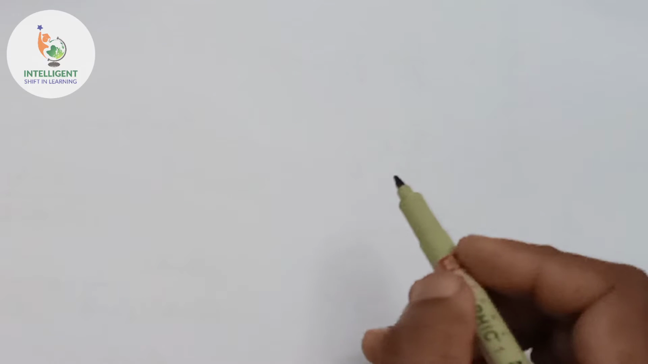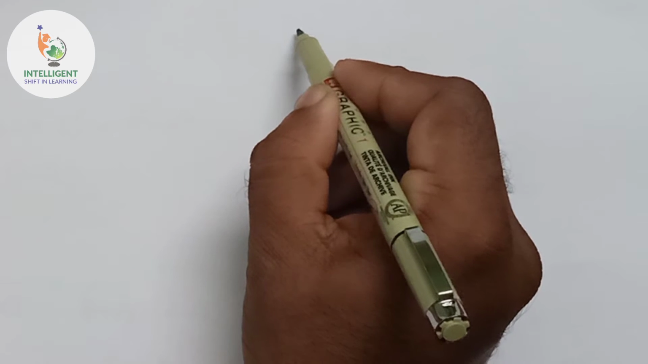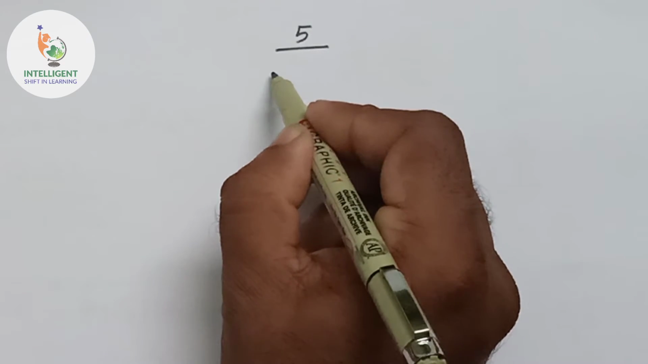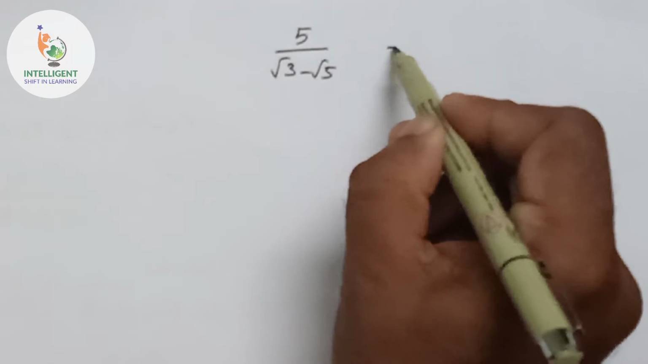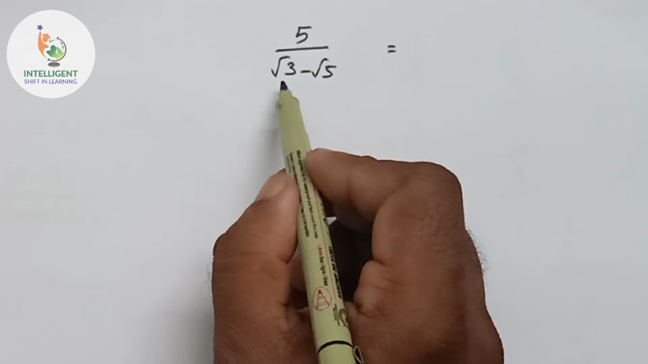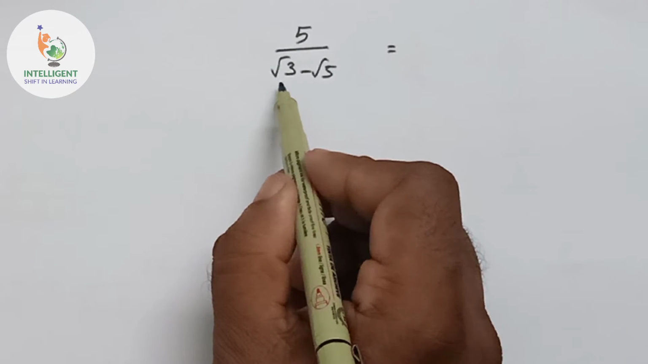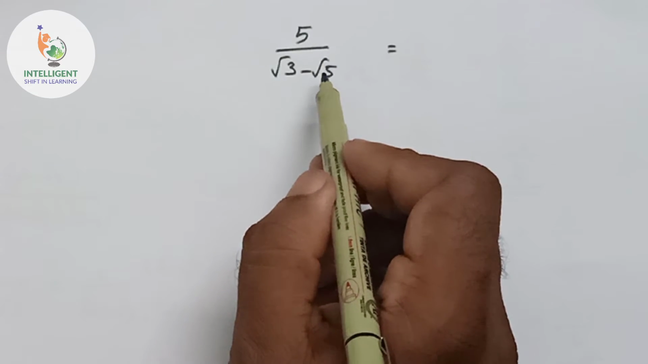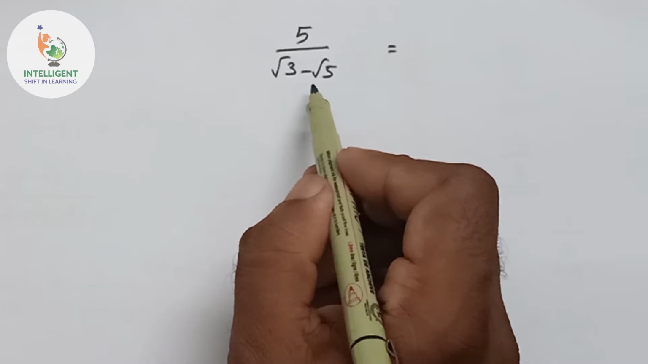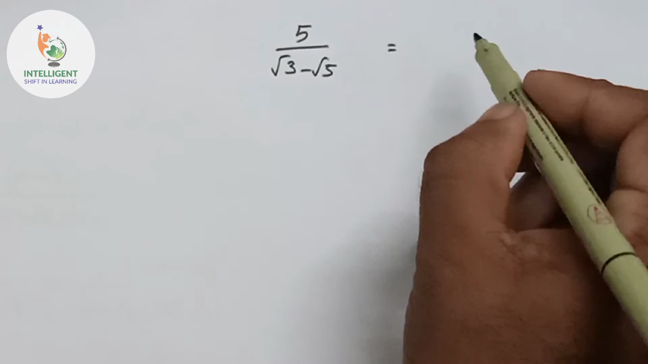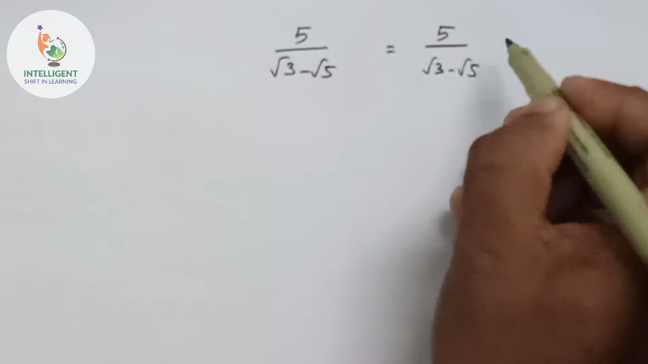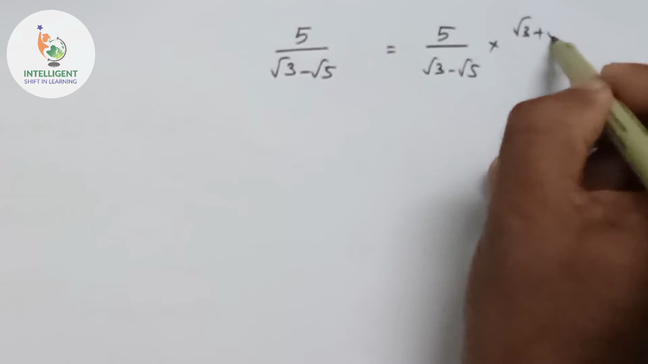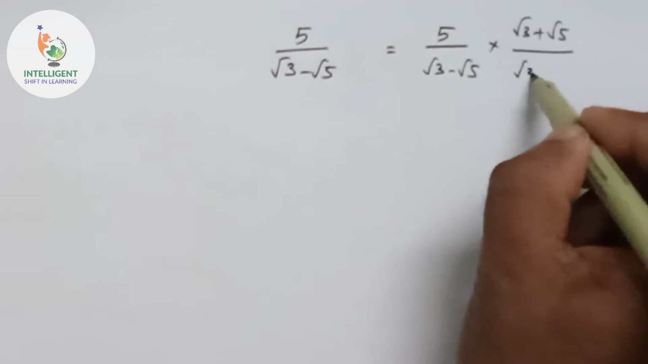Next example, rationalize the denominator of 5 by root 3 minus root 5. We will multiply with conjugate of root 3 minus root 5 on both numerator and denominator. Conjugate of root 3 minus root 5 is root 3 plus root 5. That is 5 by root 3 minus root 5 into root 3 plus root 5 by root 3 plus root 5